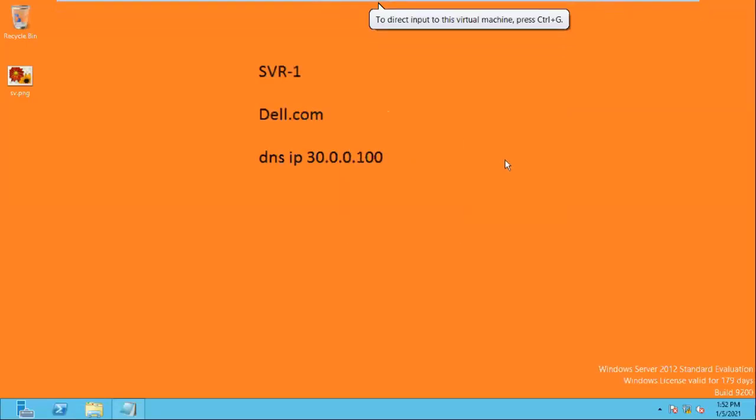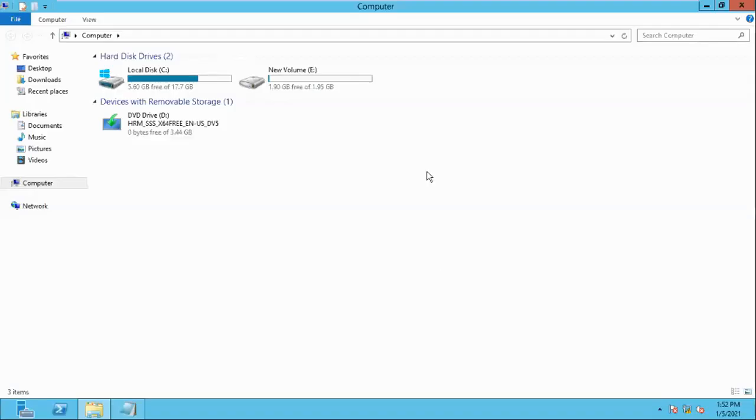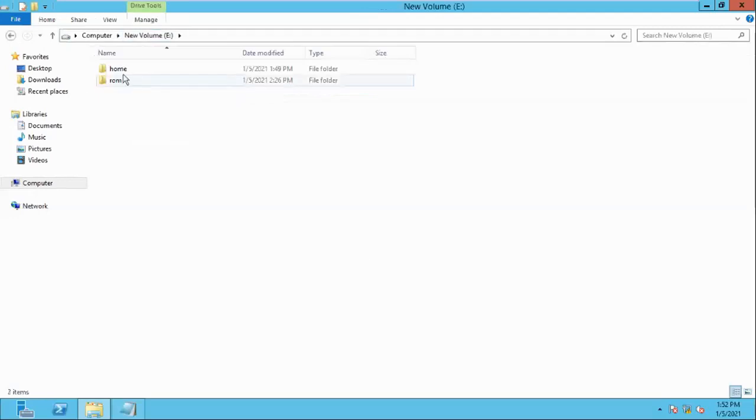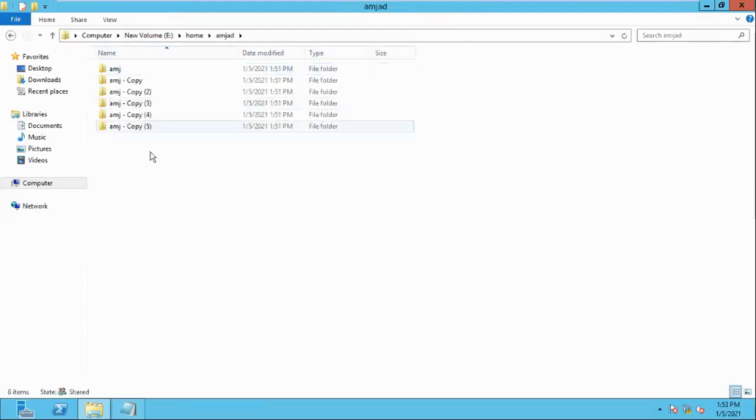So I come back to the server, the domain controller, and open it. Be careful here. The home folder, I did not create anything, right? Yesterday in class, I did not create anything in the share folder, right? Today also I am not creating anything in the home folder. When I open, see here, what happened? There are two folders, sir: the Amjad user and the Muhammad user. When I open Amjad, the administrator can access both of our folders.